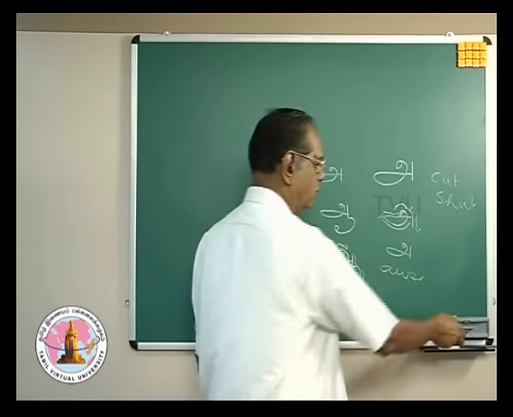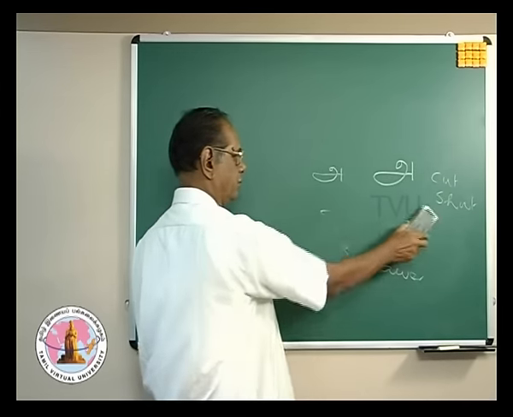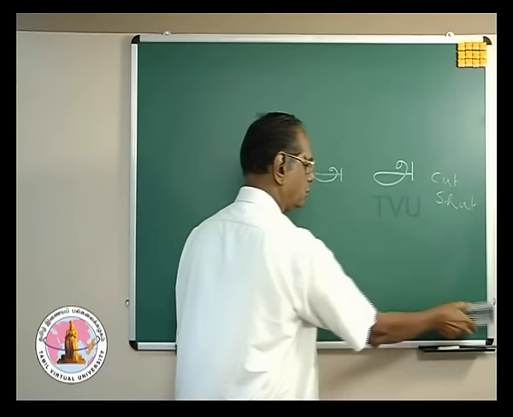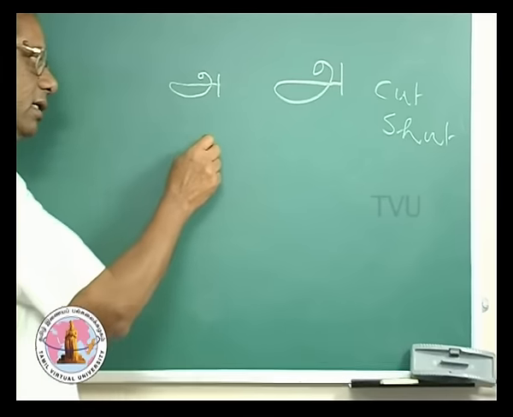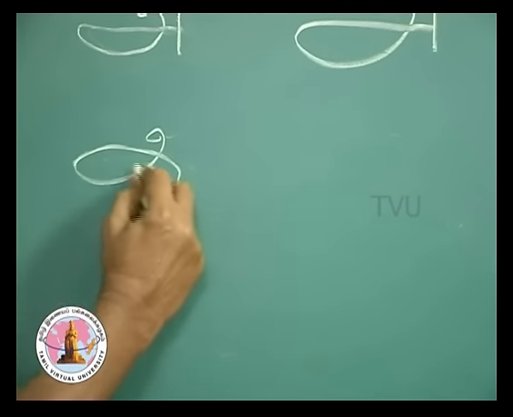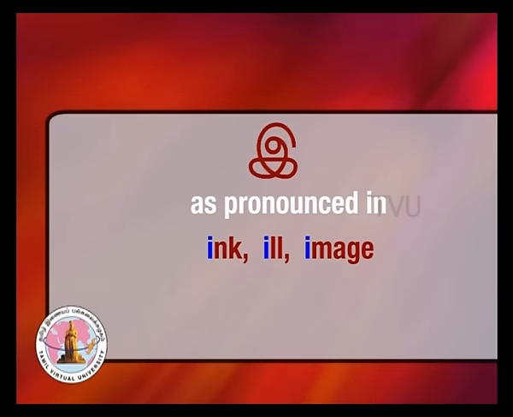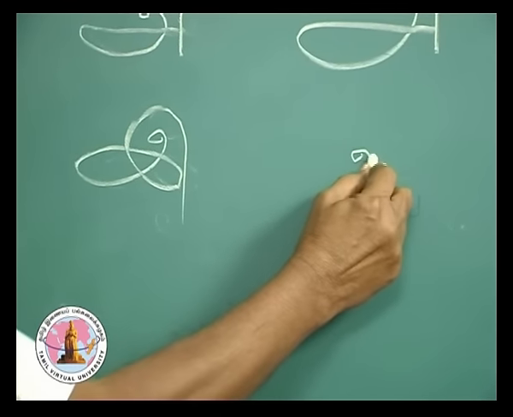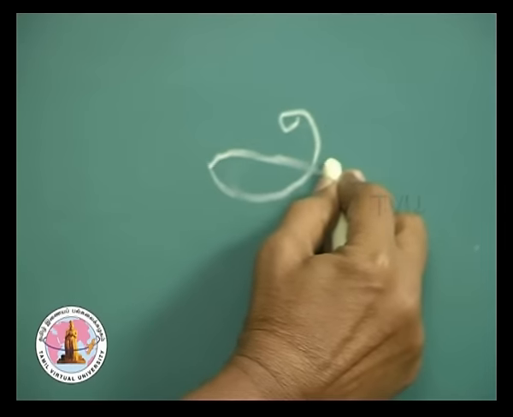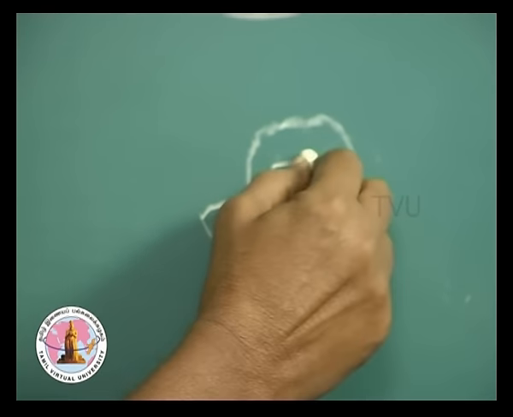We move on to the third letter, that will be E, as in ink or ill. We have to follow the same method. You start with a circle, go down, come up, stretch it, again take a bend, curve, go up and come down. That is to say,